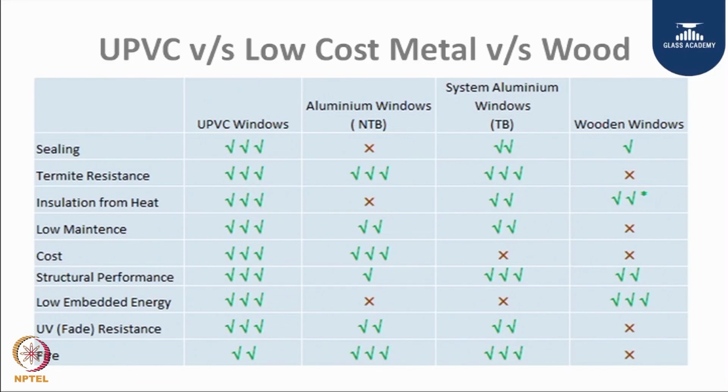Comparing different types of framing material, in UPVC you have a double sealing system between the frame and the sash and the glass. In aluminum windows, you have a design gasket group, but practically there is no gasket in the installation, and therefore you do not have any insulation. System aluminum windows do have design as well as some quality controls, so you have much better insulation. However, UPVC windows itself has insulating characteristics which gives you a better mechanism than the rest of the other three.